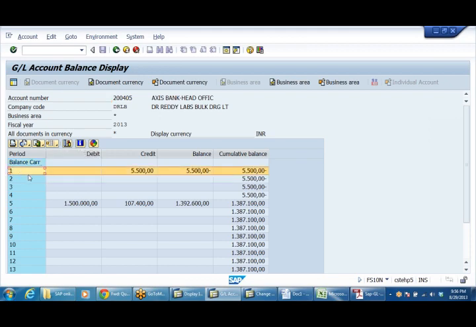See, this is in period 1. I have shown you an example. When a period is open, I can post even in the month of April. When the period is closed, we could post here only. Now the debit entry in equity share capital: what is the amount that we have received? Debit bank account, credit equity share capital account.